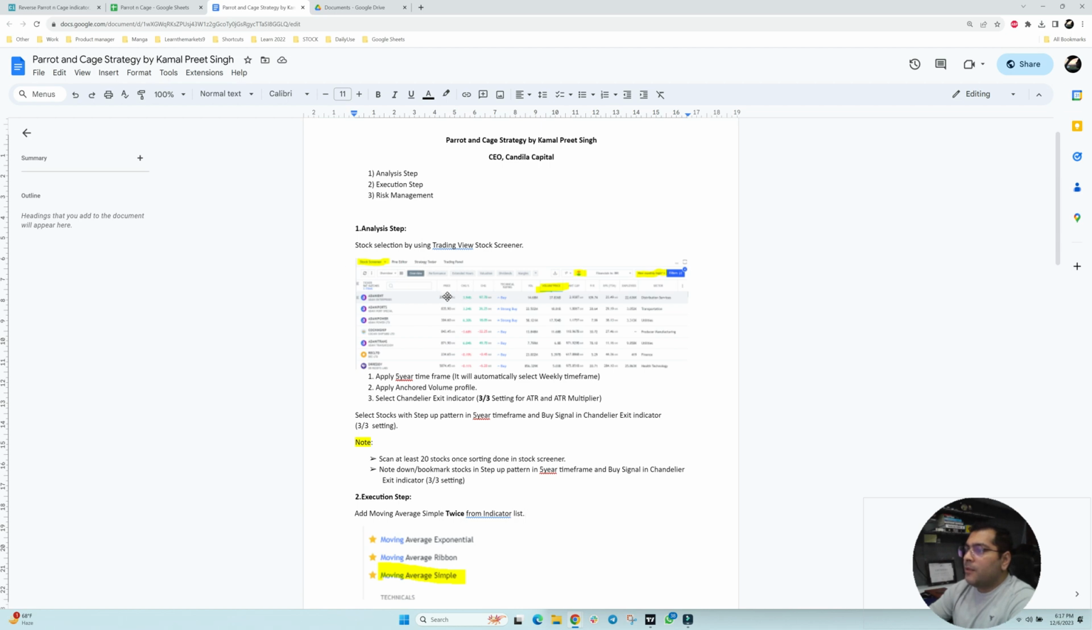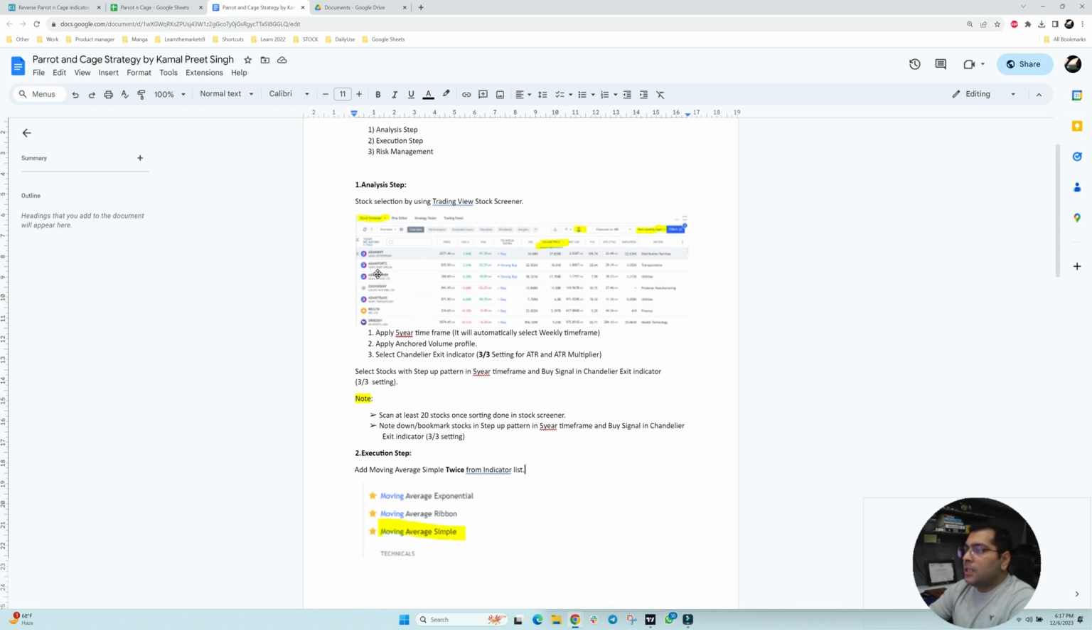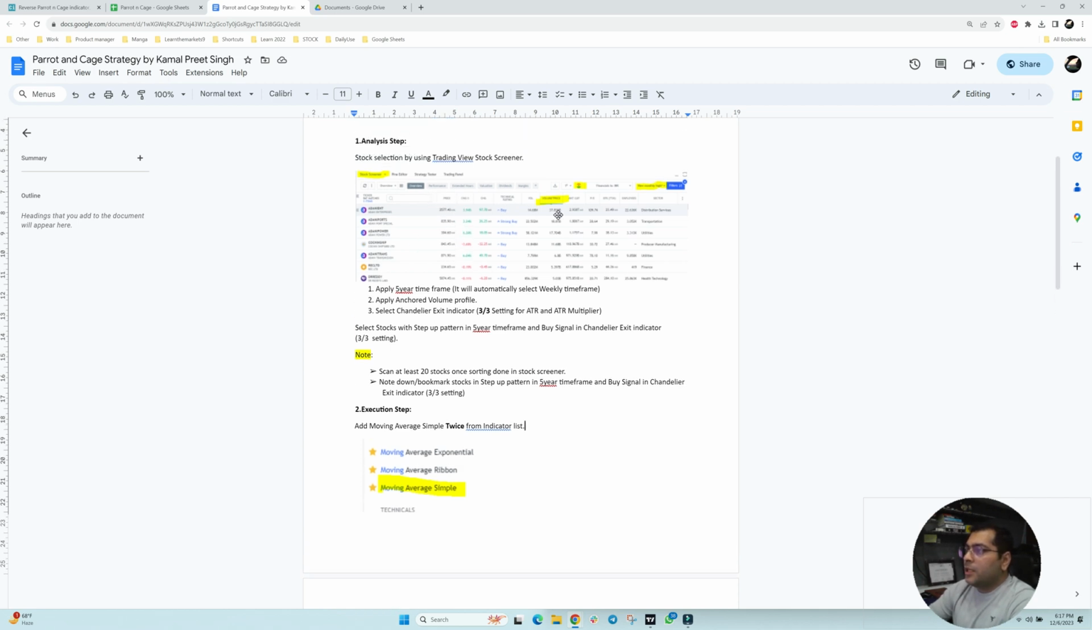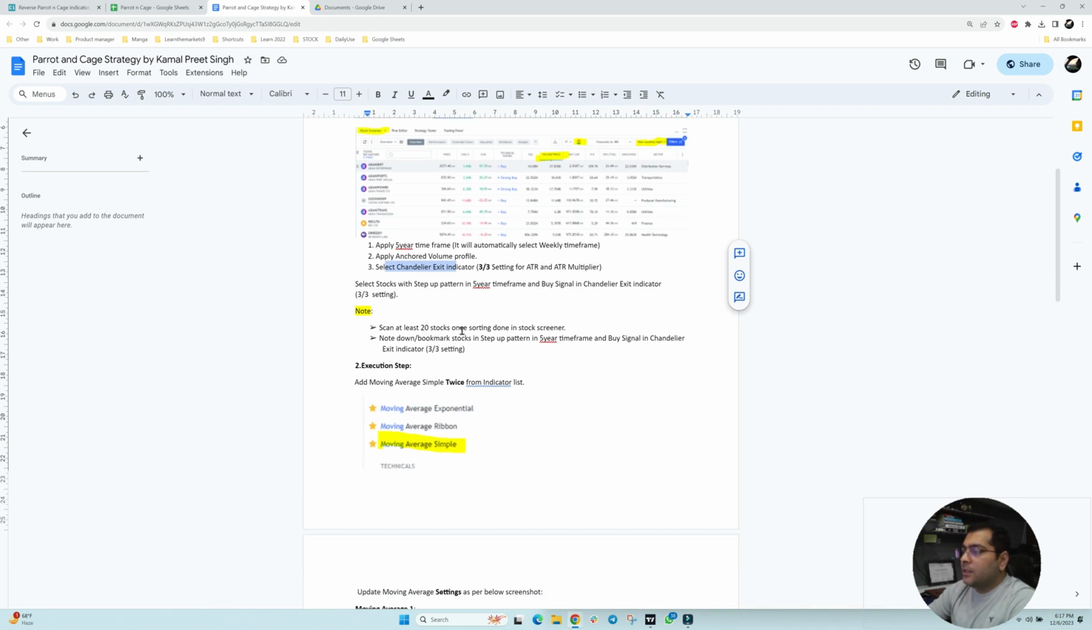In the analysis step, we try to select stocks in TradingView stock screener. So basically in the stock screener we try to select the new monthly high stocks and sort them by volume, price, and the market cap, and we try to look at the stocks on a 5-year time frame with an anchored volume profile tool and a chandelier exit selected. If we have a step up pattern,